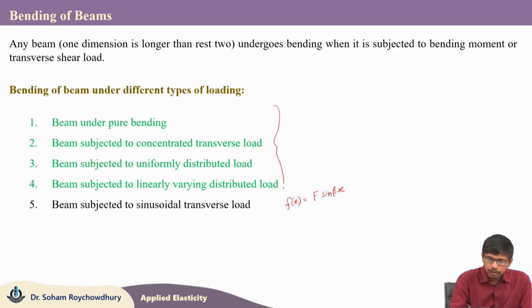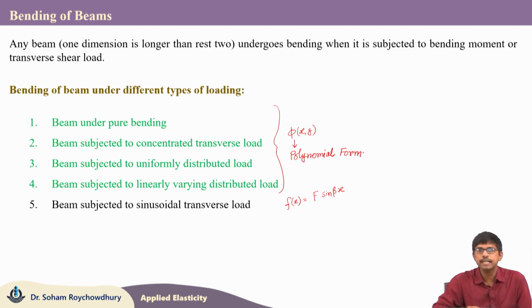So, that is what we are going to discuss now. In all these previous problems, the stress function phi(x, y) was chosen in the polynomial form. In one of the previous week's lectures, we had discussed that there are 2 possible forms of stress function choice. One is called the polynomial form, another one is called the Fourier form. In the xy rectangular Cartesian coordinate system, the polynomial form can be chosen as a combination of different order or degree polynomials, second, third, fourth, fifth, all those we had used for solving the first 4 types of bending of beam problems.